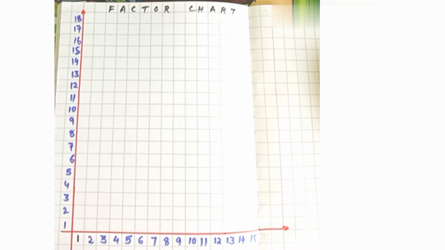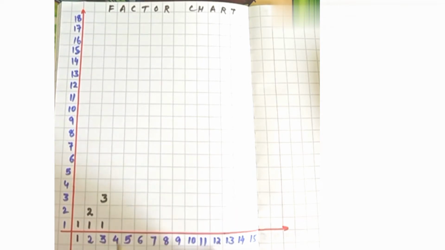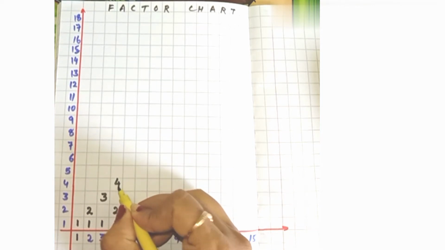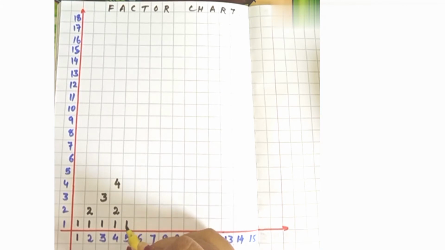Now take a sketch pen of your choice. Number 1. Now recall, 1 appears in which table? It comes in the table of 1. So write here 1. Okay, let's go to the next number. Number is 2. 2 comes in the table of 1 and 2. These are the factors of 2. Now I list the factors of 3. It comes in the table of 1 and 3. Look at 4. 4 comes in the table of 1, 2 and 4, isn't it? Come to 5. Let us list the factors of 5. It is 1 and 5.